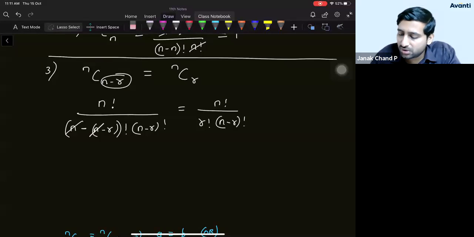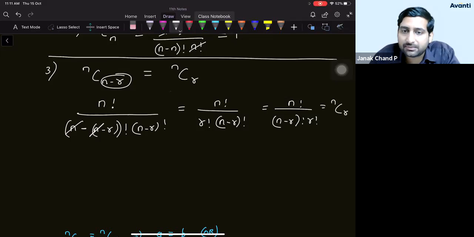Now, don't you think that this value is exactly your RHS? Yes, because the expansion of nCr is nothing but n factorial divided by (n minus r) factorial into r factorial. So that is nCr. So finally, nC(n minus r) is exactly the same as nCr. Whenever you want to calculate nCr, you can replace this r with the difference of these two. Then both values are the same. So this is one of the very, very important properties.